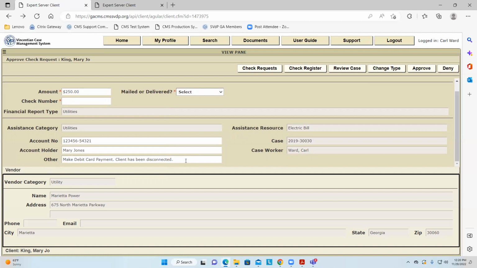Certainly, for the check number, you just put in the check number that you're physically writing on the check. That's pretty easy. But if you're making an electronic payment, in this case a debit card payment, I wanted to tell the treasurer this is pretty critical. So don't write the check. I want you to make a debit card payment so that it gets posted immediately because the client has been disconnected. So I'm going to show you how to do that.